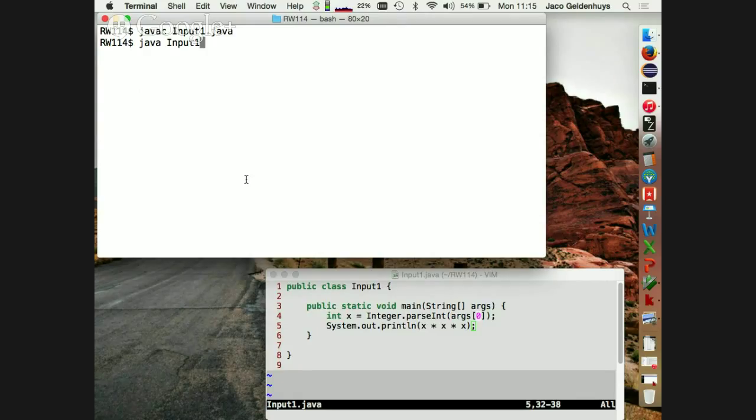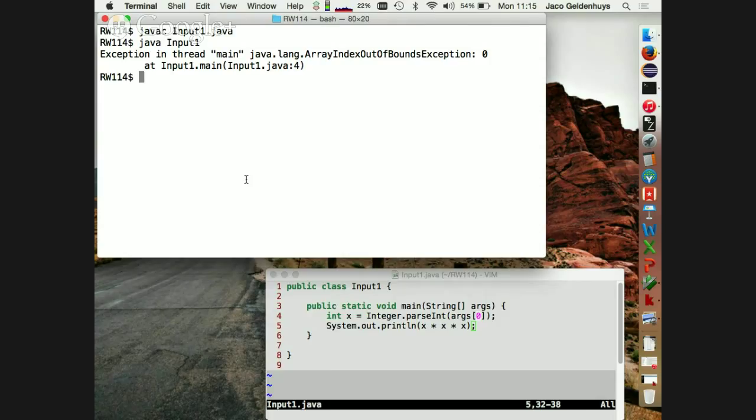I run it. Ooh, it's a terrible ArrayIndexOutOfBoundsException on line 4. But we know what that means. It means that the program expected the command line argument. I didn't provide one. So I should run it like this. So I can run this program and provide command line arguments. And this is one way of getting values from the user. But the other way is to say,